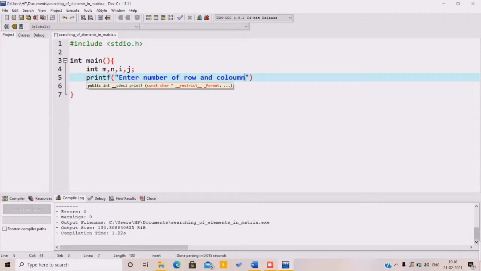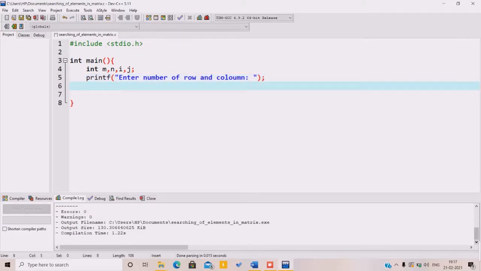This is to indicate to the user to enter the number of rows and columns. After this we have to scan the value from the user. For this purpose we use the scanf function and %d because we are going to scan m and n. m is for the number of rows and n for the number of columns.